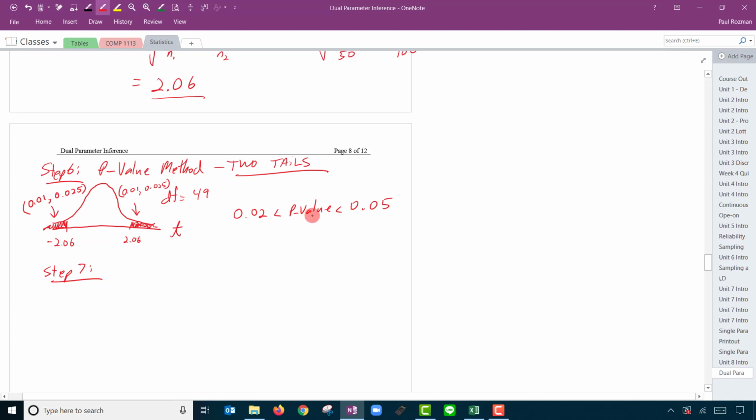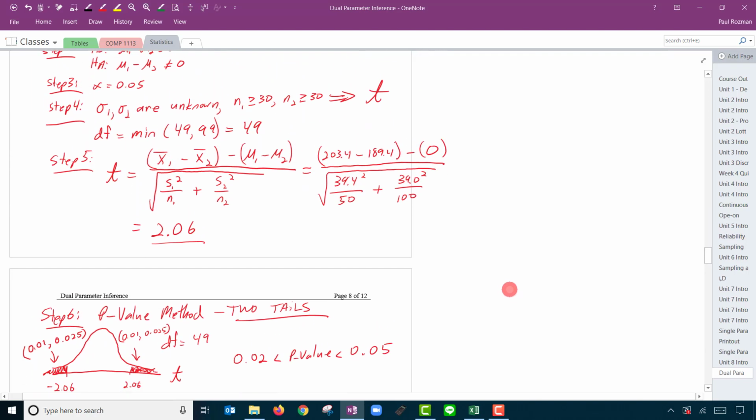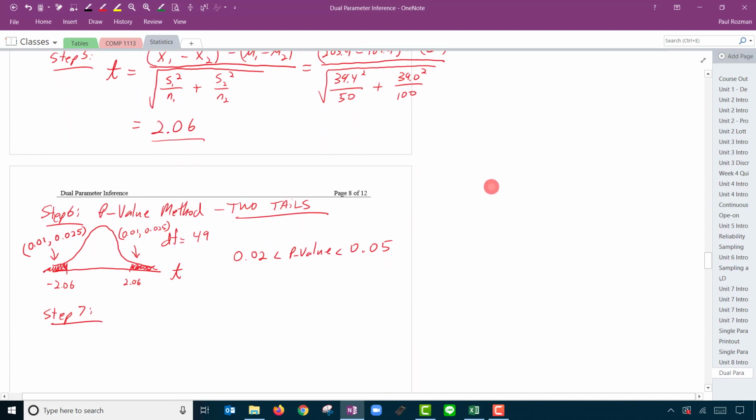We're going to compare our p-value to our alpha. Our alpha was 5%. Our p-value is smaller than that. We don't even know what it is, but we know it's under 5%, which means this is a fairly unusual thing. So we will reject the null hypothesis and then write our conclusion. Our conclusion will be,